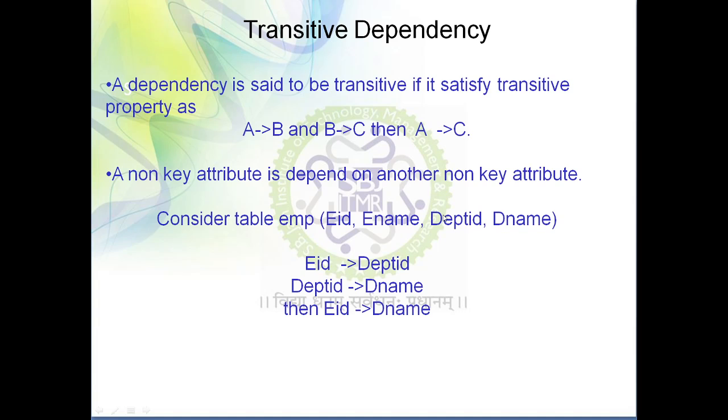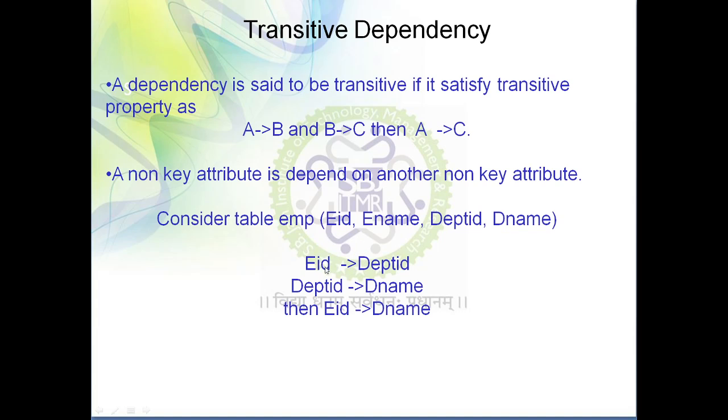This is the shortcut I am going to tell you. Now here you can see by using employee ID you can easily find department ID. By using department ID you can find the value of department name. Hence you can say that employee ID helps us to find the value of department name. So in this particular table there exists a transitive dependency. So in short, you need to use this small tip. Suppose one non-key attribute is finding the value of another non-key attribute, that means in that table there exists a transitive dependency.